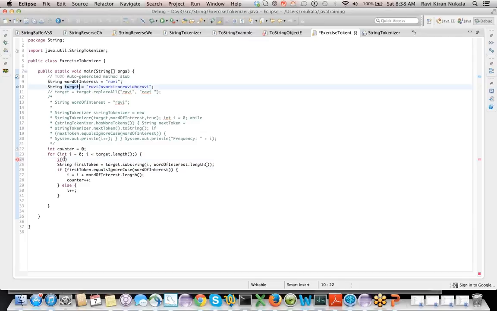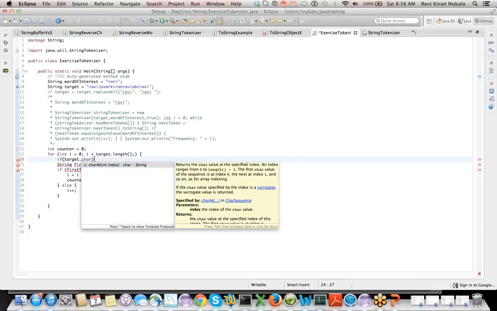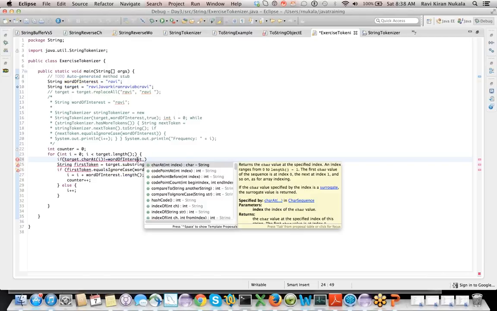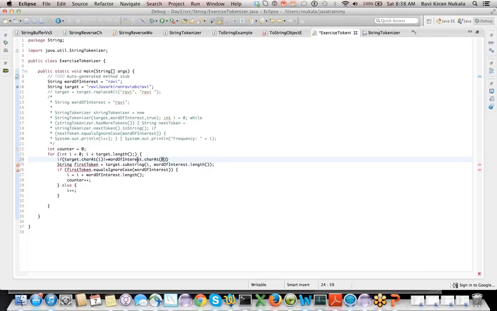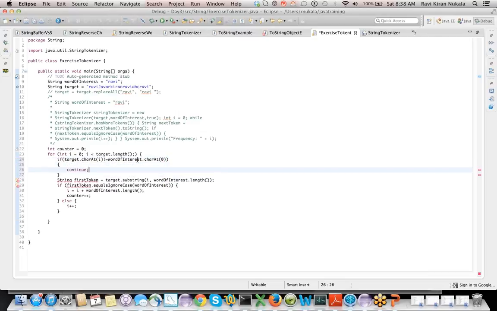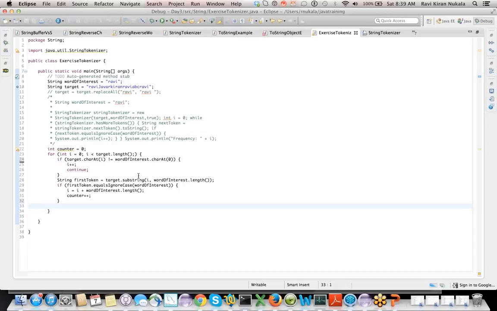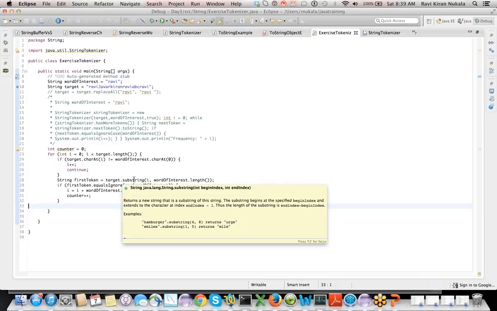If target dot charAt of i not equals to word of interest dot charAt of 0, continue. You see what I'm saying? Even before, if it is not even matching, we don't even want to go inside, right?